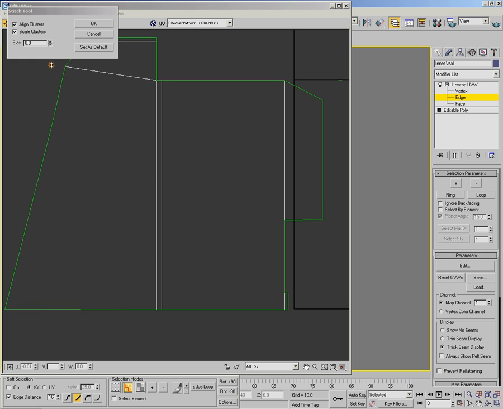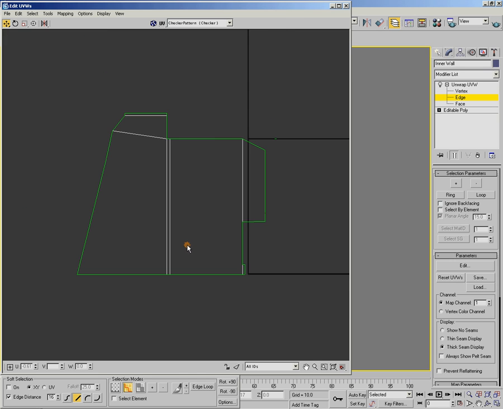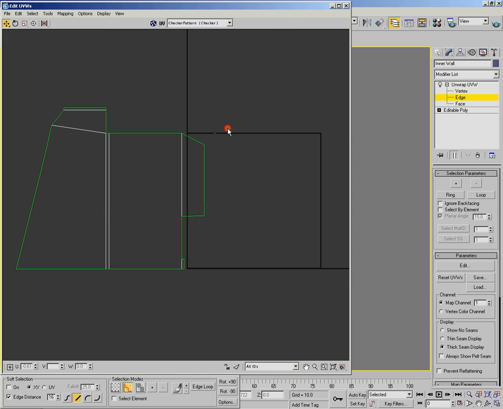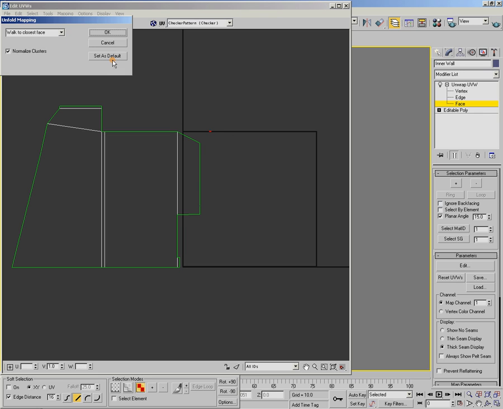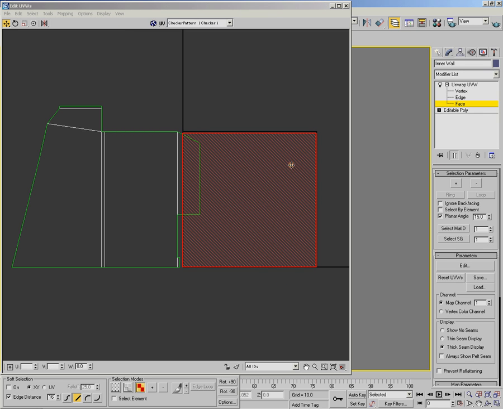You can see if I use a lower bias, it's actually now using the scale of this cluster here as the base scale. If I go the opposite direction, you can see it's now going to use the scale of this, and you get a kind of weird result. So I can just go to 0 again, okay that, and that's it. We've got it unwrapped. We've got this little rogue face here, so we'll just unwrap that one as well. Let me just turn on face selection, unfold mapping, okay that,